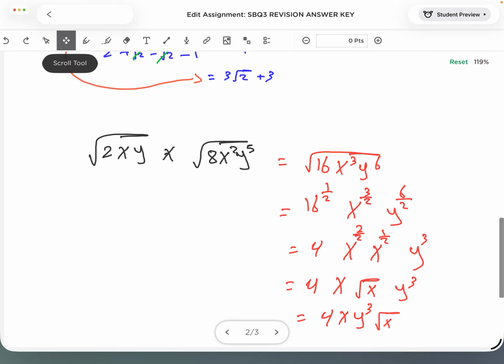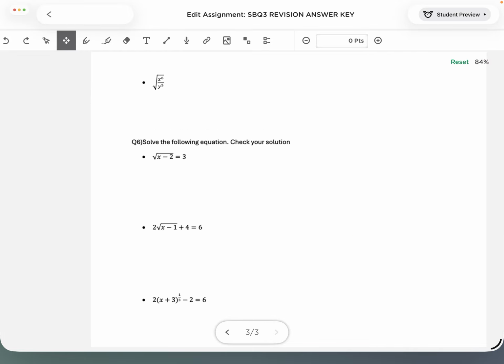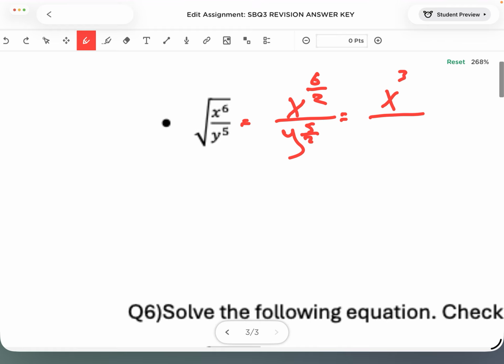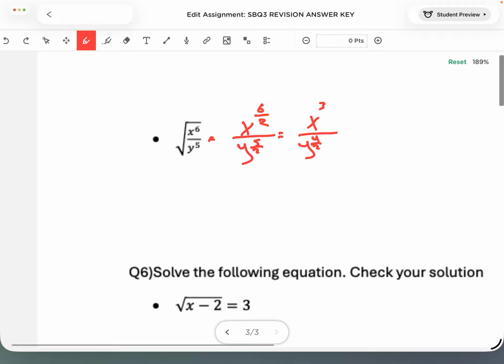Okay, what we have, this one. We split it. It will be x to the power 6 over 3 over 2 over y to the power 5 over 2. So it will be x to the power 3 over y to the power 4 over 2, y to the power 1 over 2. So it will be x to the power 3 over y squared